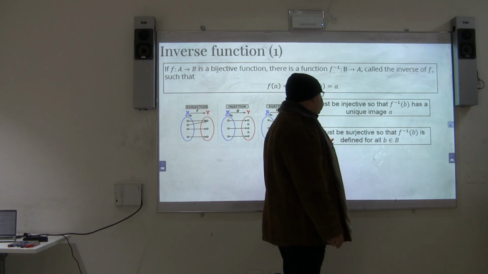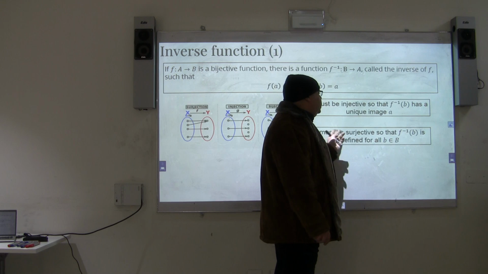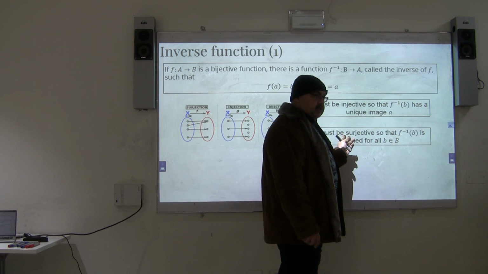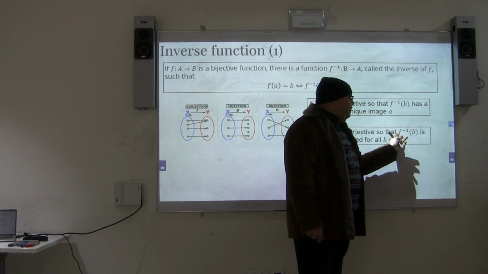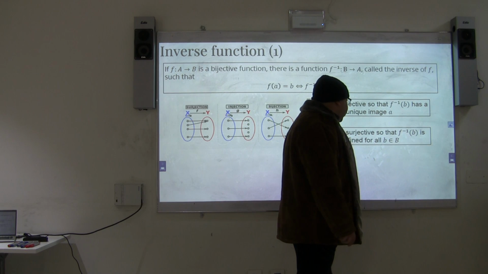Also for surjectiveness, f must be surjective. Why must it be surjective? Because f minus 1 of B is defined for all